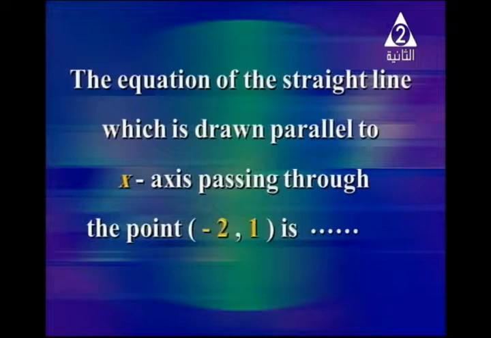The equation of the straight line, which is drawn parallel to the x-axis, passing through the point (-2, 1), is what? First of all, you are going to think: the straight line is parallel to the x-axis, so its equation will be y equals. What about the value of y in the point through which the straight line is passing? It is 1. So we can say that the equation of the straight line will be y equals 1. Another example,